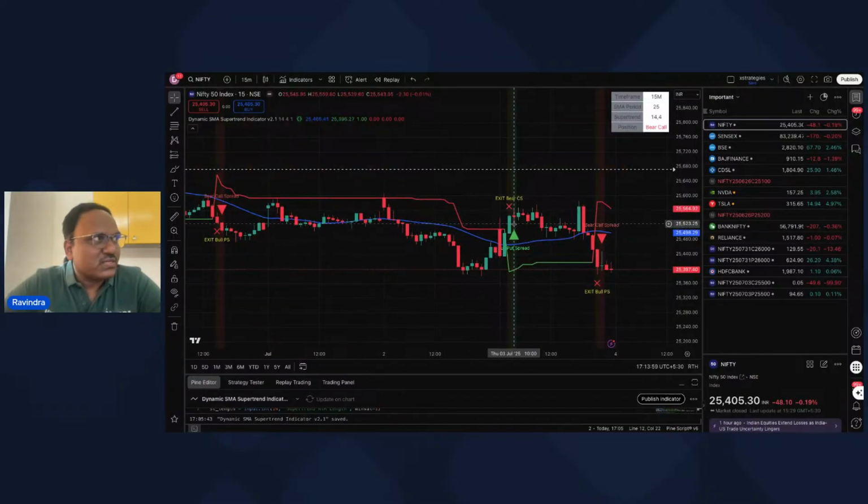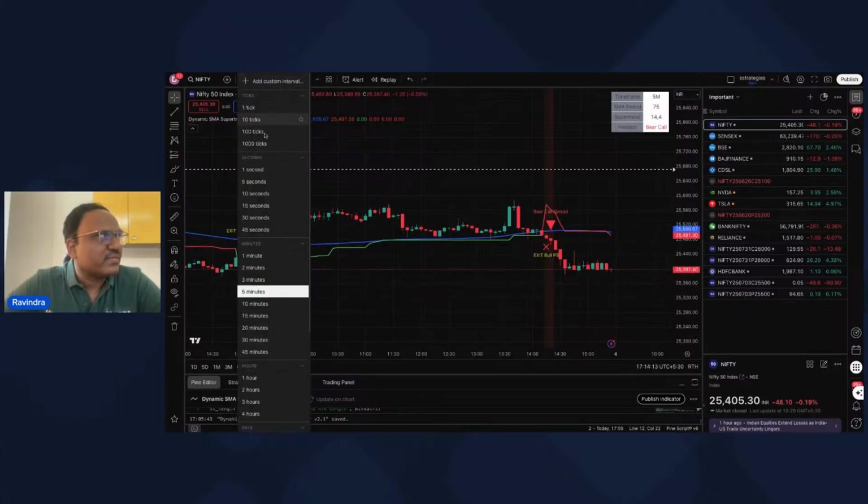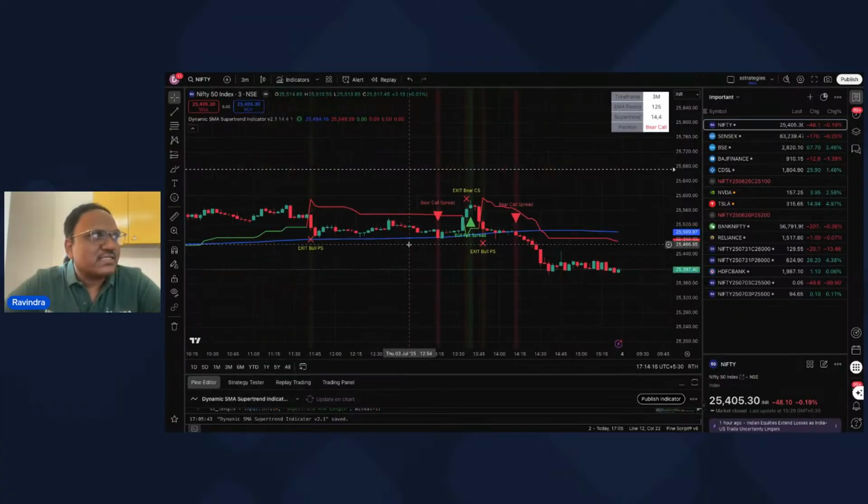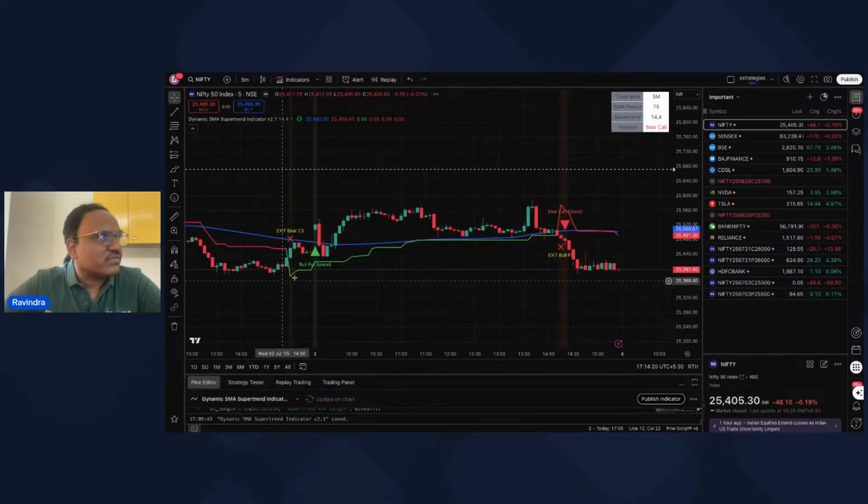The reason is the entry signal we got only here, which is about 10 o'clock, and then the exit is somewhere here. So you would probably lose money. But as I said, intraday, it is always advisable to use 5 minutes or even 3 minutes. With 3 minutes the challenge is you might get a lot of signals, so it won't be really good. But if you use 5 minutes.